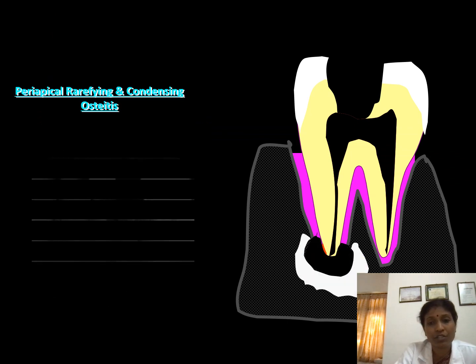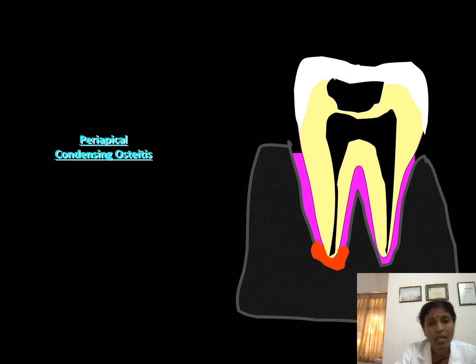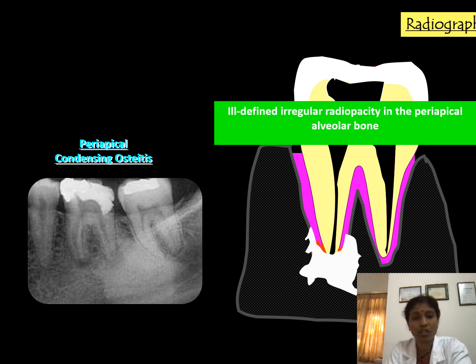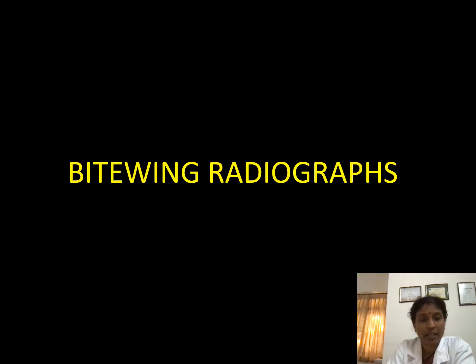The other type of intraoral radiographs are the bite wing radiographs. Bite wing radiographs play a very important role in diagnosing caries. The most important indication is the identification of proximal caries to assess the progression of dental caries, to assess any restorations, for example overhanging restorations, to know the level of the alveolar crest, and to know the deposits of calculi. So a full mouth set of radiographs includes all the periapical radiographs of the upper and lower jaw with a set of bite wing radiographs.